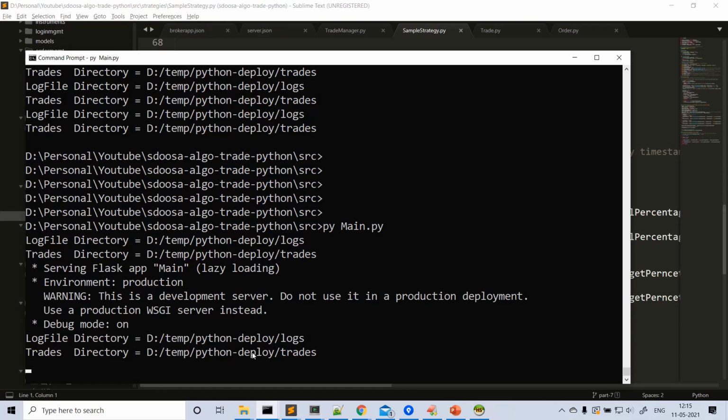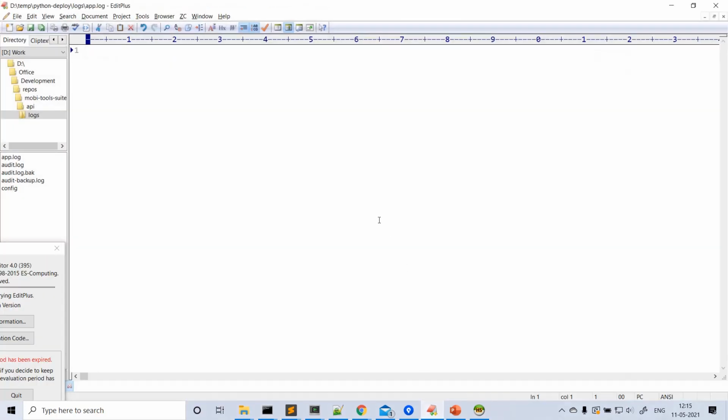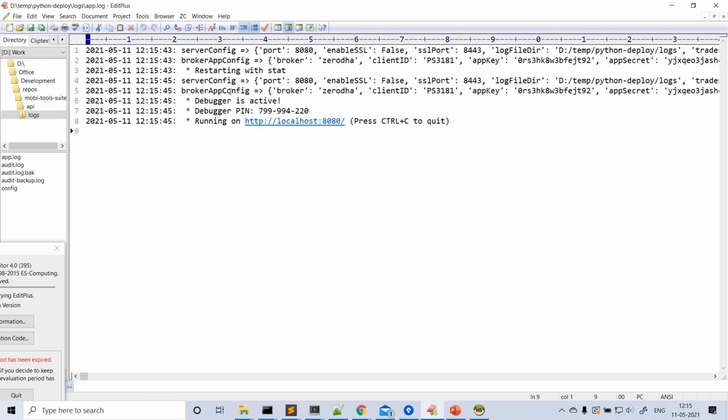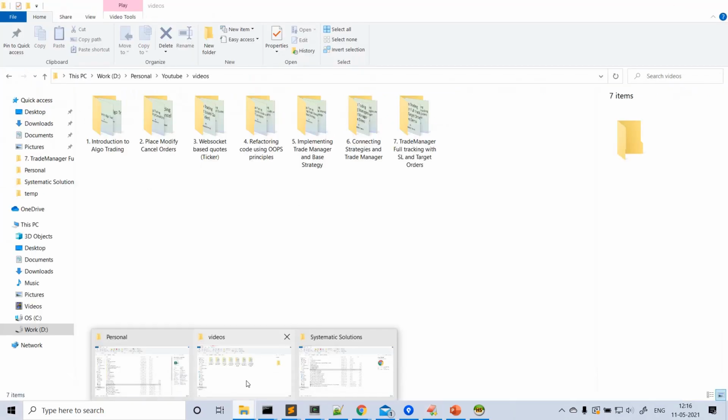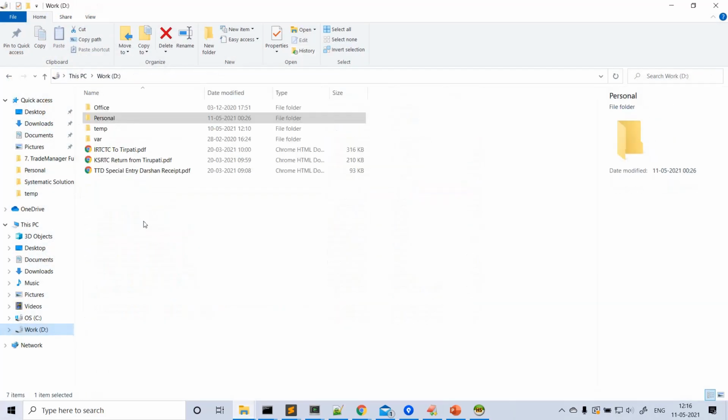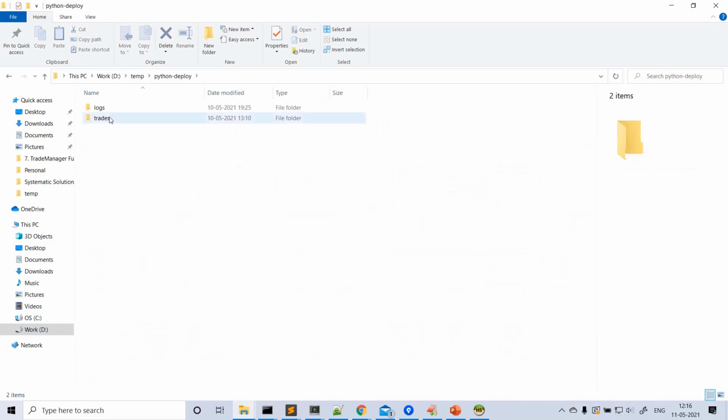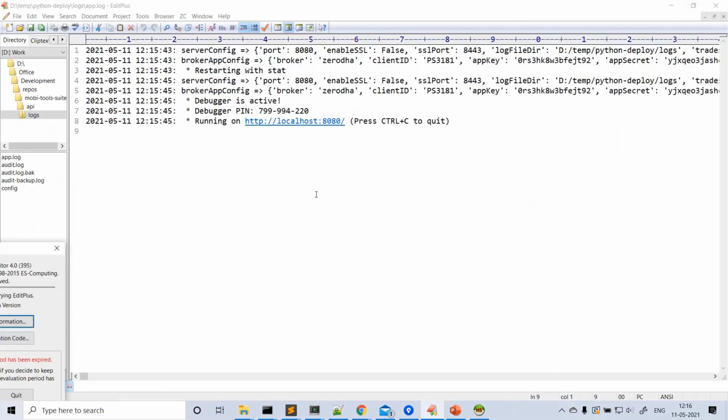So these are the only prints you will get here, and all other prints you will see here. This file is in temp, where I created a Python deploy folder. Inside it, in logs, a log file is created by the program. That is this file, so we'll get all the logs here.